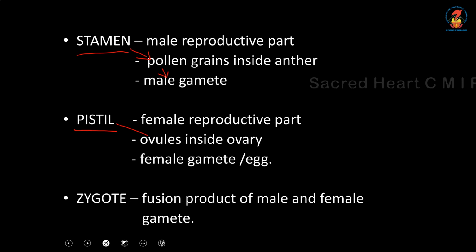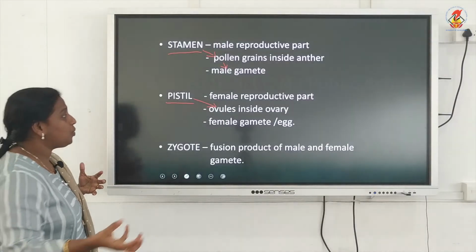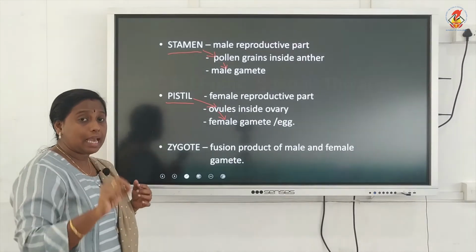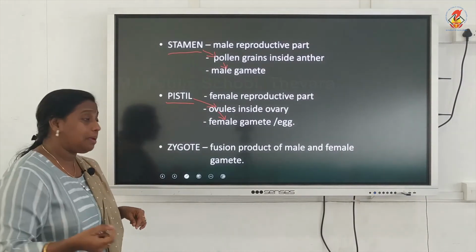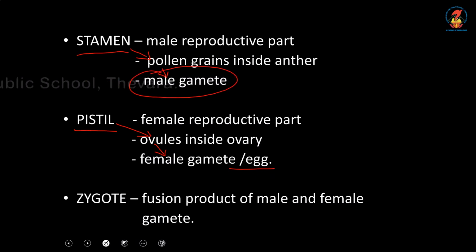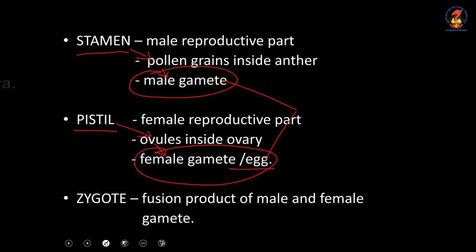Inside the pistil, inside the ovary of the pistil you will get ovules, and inside the ovule there will be a female gamete. Another name for a female gamete is egg. Clear? Now, this male gamete and the female gamete or egg, these two structures will fuse to form a new